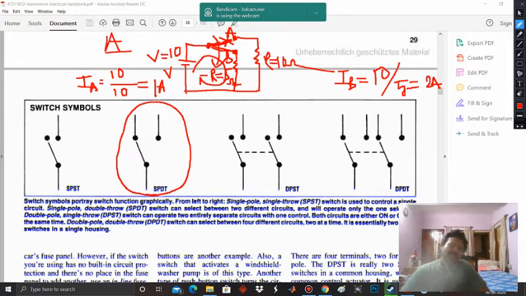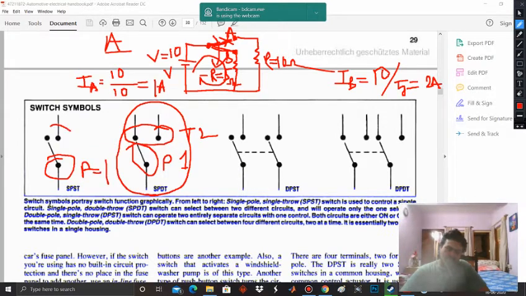So it has two positions in the circuit, position A and position B. That means single pole, that means one switch is there. This is known as the pole arrangement, and throw is 2, double throw. This is the throw number and this is the pole number. So pole is 1 and number of throws is 2. Here the number of poles is 1 and number of throws is 1, so it is single pole single throw. This one is single pole double throw.